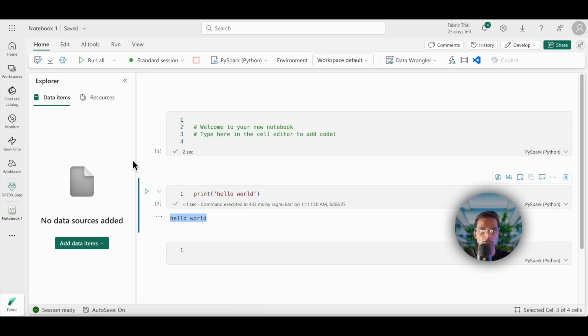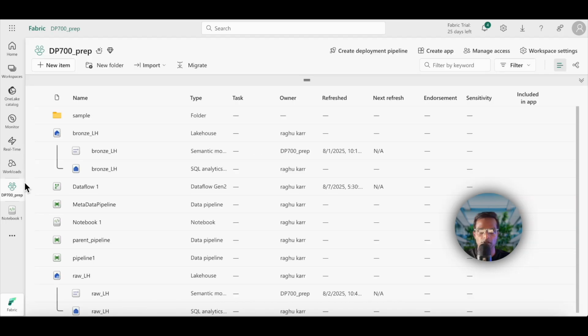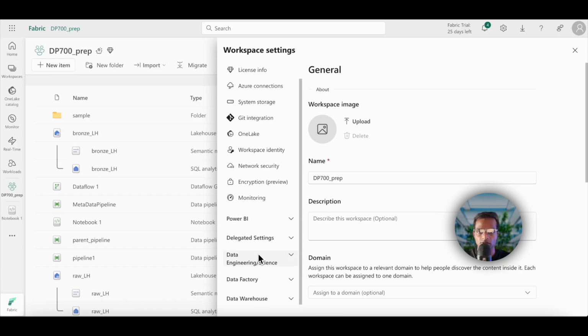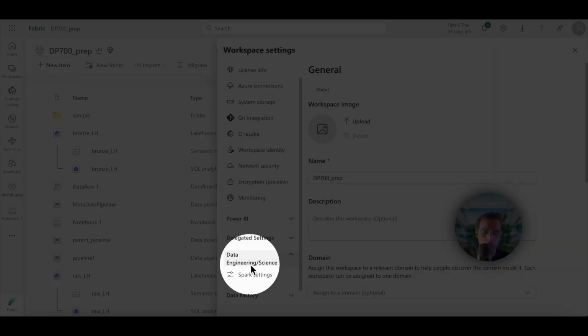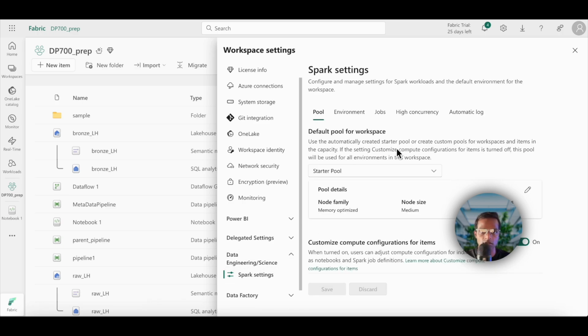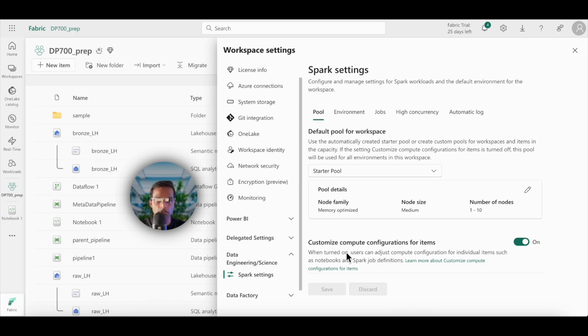So if you go to workspace, DP-700 prep, and go to workspace settings, data engineering or data science, go here and click on Spark settings. This is the most important area where you get the information about this session. By default, every workspace is provided with a starter pool. A starter pool is a pool of resources, or nodes, we call it. They are medium-sized nodes, and every workspace is given 10 nodes. This is the reason why we could run all notebooks inside this workspace. It's only because of the starter pool, which is provided by default by